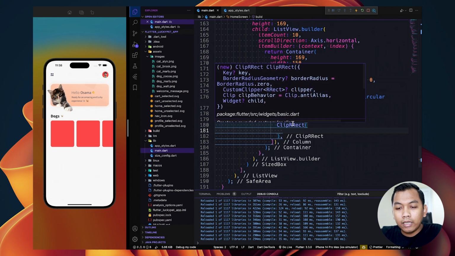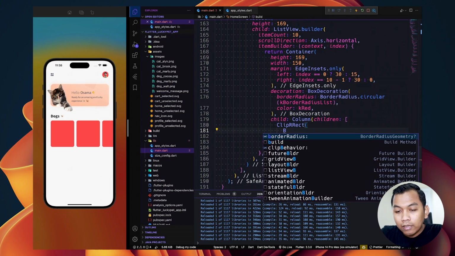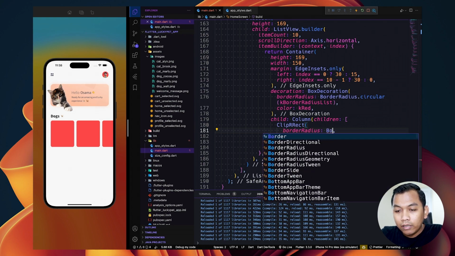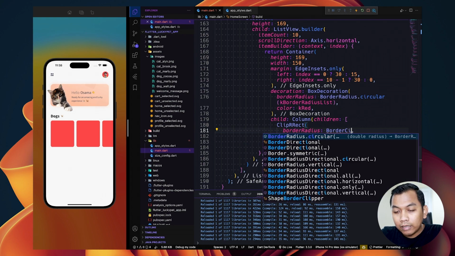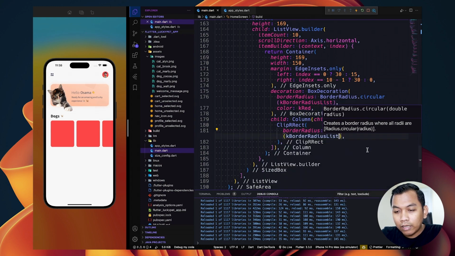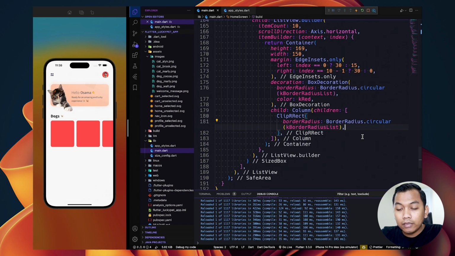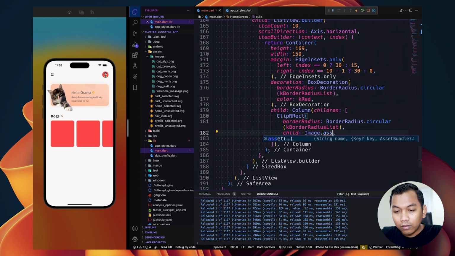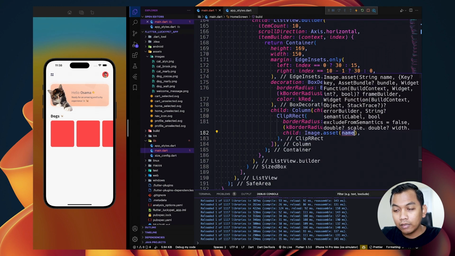But with this ClipRRect, we can directly call the border radius parameter here, and we can say BorderRadius.circular, and we can say this kBorderRadius. And for the child, we can call assets, and maybe we can call something like dog and Alex.